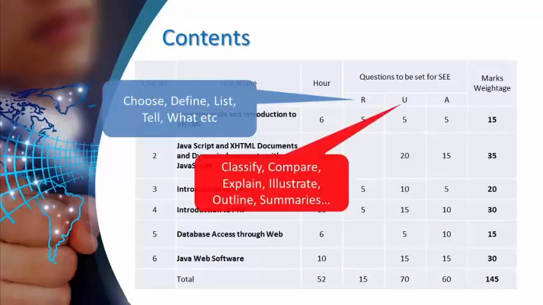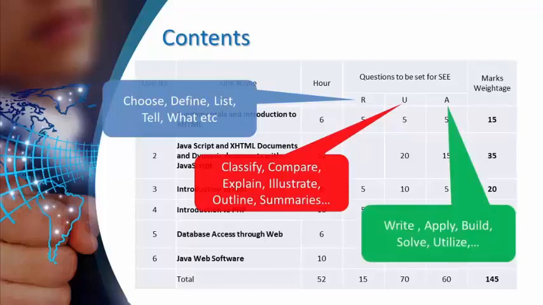Next, U. It stands for understanding. The questions are asked on the level of understanding only. Here you must write answers based on your understanding, like compare HTML and XHTML, illustrate the handshaking process, PHP, SSL protocol, etc. The last one is the application level. So here the application of skills you learned in a given topic are to be applied, where you may be asked to write a JavaScript program to handle an event, likewise.